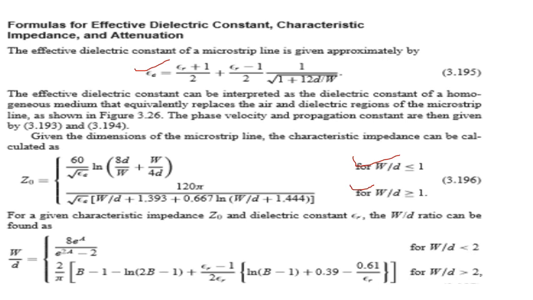This can be asked in question number 1, which is compulsory. This can easily be asked for 2 marks or 5 marks. It is a very simple thing. The only thing is the formulas are lengthy, so you should be careful. Suppose the characteristic impedance is given to you and epsilon r is also given to you; we can ask the opposite way also. We can ask you to find w by d.